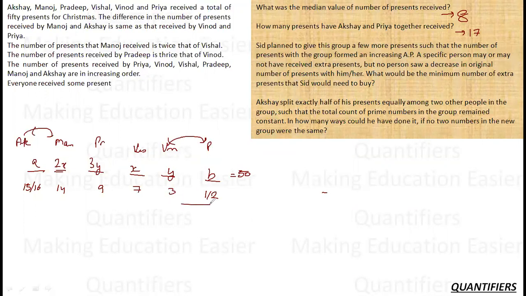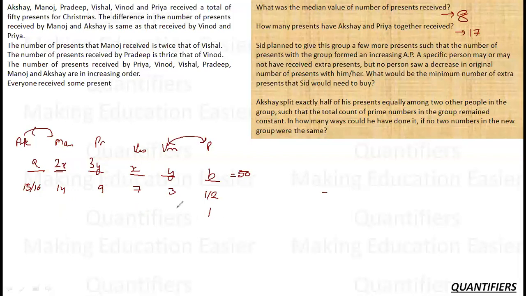So I have to make it an increasing AP in this way. First way is obviously hit and trial that I can try. If this is 1, I cannot keep a D of 1. If I keep it 3, 5 is not possible because this is decreasing. If I keep the D as 4, then 1, 4, 7, 10, and 13. It is not possible because Manoj will be contradicting.